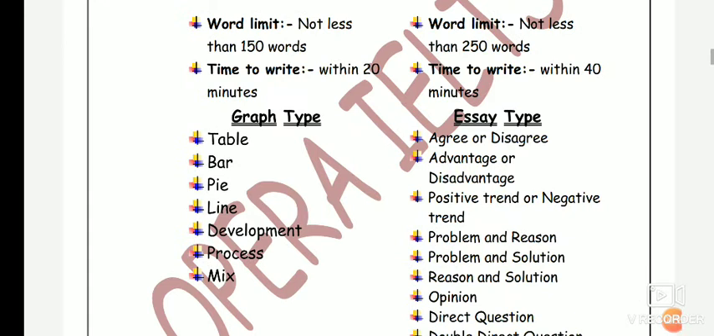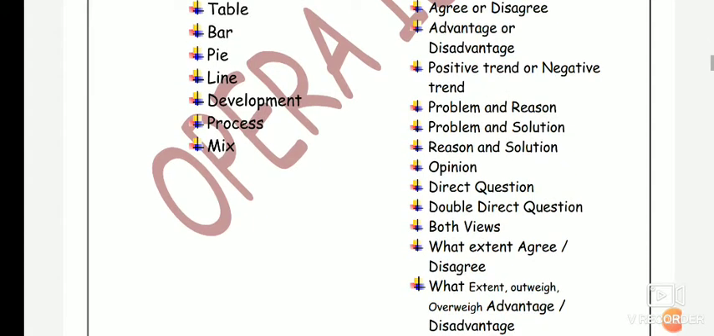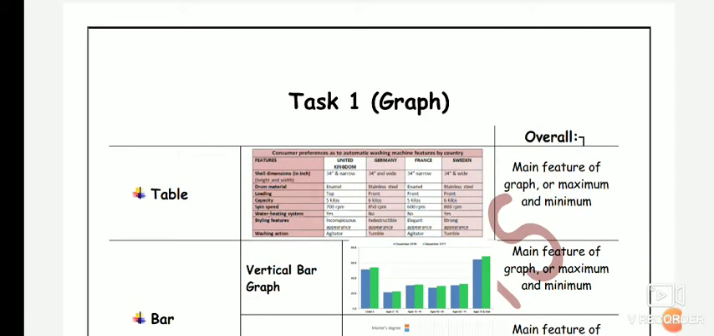Okay, then next, there are different types. The first one is for the graph. As you can see, there is a proper list of the different types of graphs, which I will be discussing in the further slides. Other than that, for the essay you can also see there are various types of essays, which I will be continuing with. Okay, furthermore, starting with the graph, task 1, as you can see there is a table,